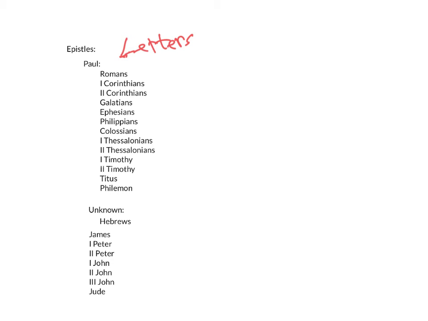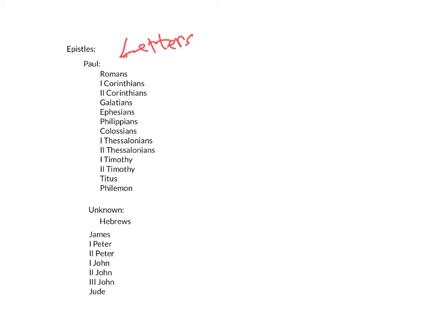And apparently there were letters back and forth between Paul and the Corinthians. We only have the two that Paul wrote to the Corinthians, because there's evidence that he wrote at least 3 and maybe even 4. But we don't have 3rd and 4th Corinthians. We don't know what happened to them. And we don't have the letters that the Corinthians wrote to Paul. But we do have 2 of Paul's letters to the church in Corinth, which was, of course, a city in Greece. We have Paul's letter to the Galatians, Christians in Galatia.